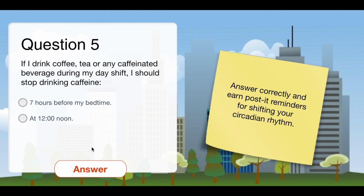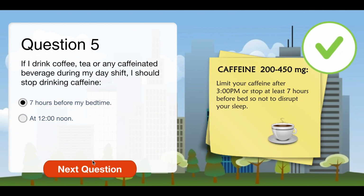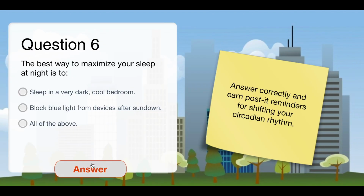Question 5. If I drink coffee, tea, or any caffeinated beverage during my day shift, I should stop drinking caffeine. Question 6. The best way to maximize your sleep at night is to